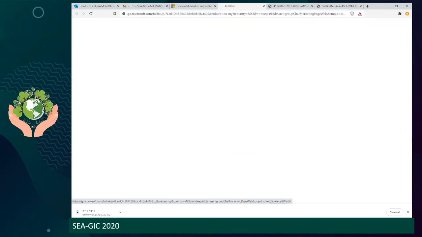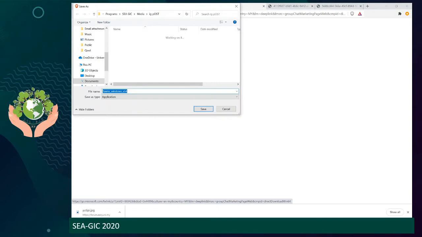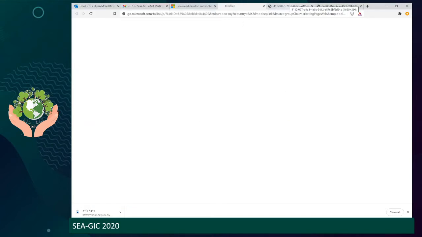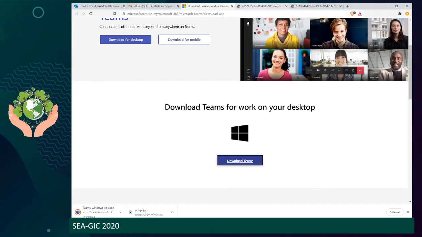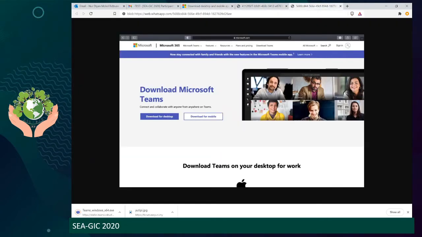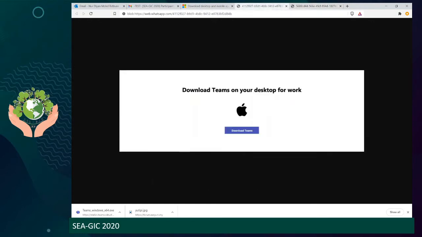On the other hand, if you are a Mac OS user, let me just download this one first. In the case that you are a Mac user, what you will see is something like this. It is just the same. The one that you see is just the Apple logo, so it is for the Mac operating system, and you just need to download it. Now that I have downloaded it,